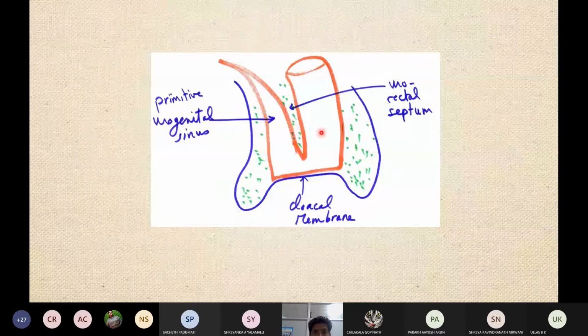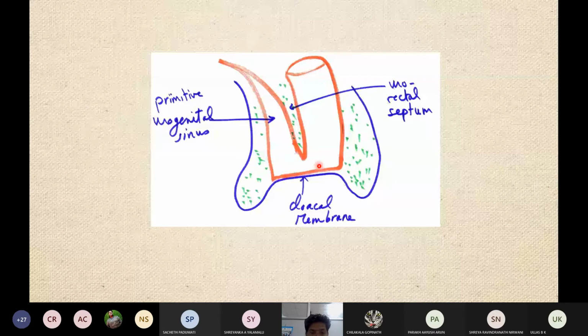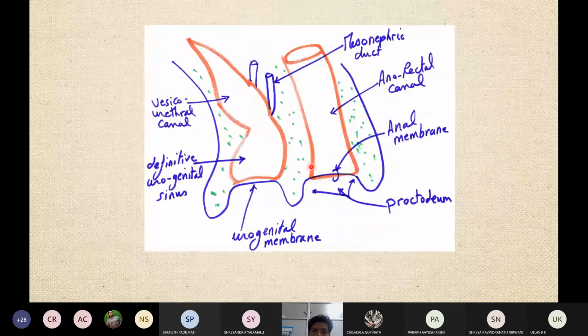Now the hindgut has split completely into two areas, which are named the primitive urogenital sinus and the endodermal cloaca. These two are still interconnected through a small duct over here. I told you, endodermal cloaca, and definitely this is the cloacal duct. Okay. So in the future, the urogenital septum, which is present in the middle, is completely going and adhering with the cloacal membrane.